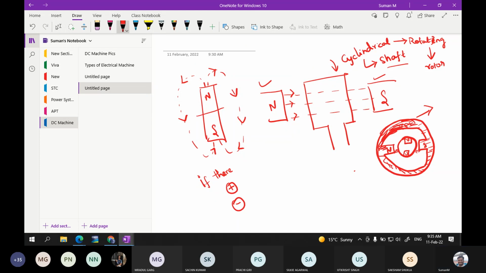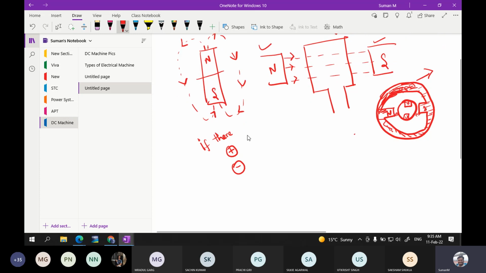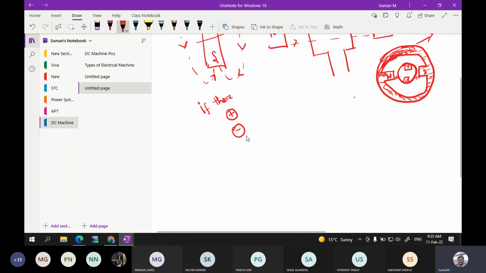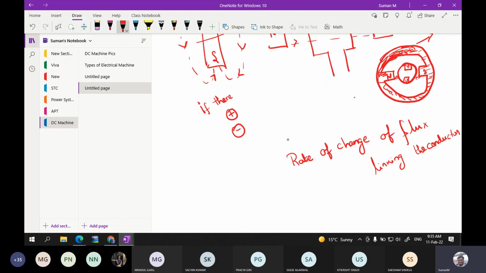The flux lines are here. Now from Faraday's law of electromagnetic induction, whenever there is some rate of change of flux linking the conductor, then there will be some EMF induced in the circuit. Whenever there is a rate of change of flux linking the conductor, then there will be some EMF induced in the circuit. This is not new to us because in the transformer,